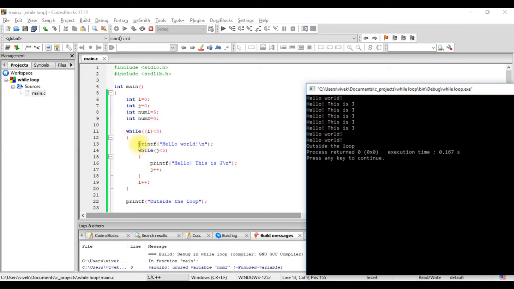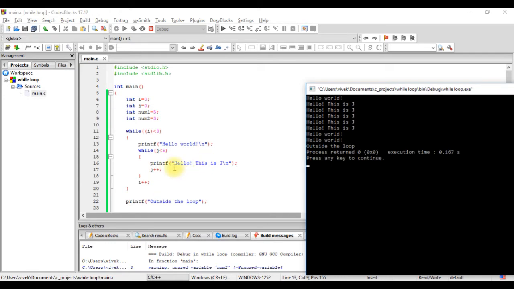Now what happens? This statement is printed again, and then it comes to check for this. But the value of j is now 5. It has not changed. We have not written any statement to change this value. That's why this part is not getting executed. I increments again, it goes here, runs once again, checks for j, j is still 5, this is false. So it comes here, executes this. This is now 3. So it goes back, this condition becomes false. Hence, it comes out of this loop.